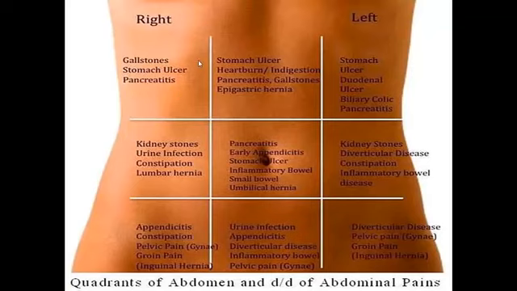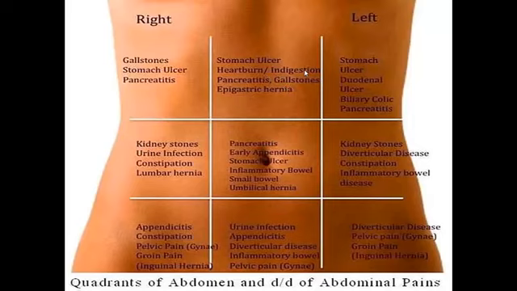It's going to have gallstones because normally the gallbladder is present in this area. You're going to have stomach ulcers and pancreatitis because the head of the pancreas is in this area. Here you're going to have, anatomically, the esophagus and the stomach. Therefore, stomach ulcers commonly present as pain in this area, which is the epigastric region,